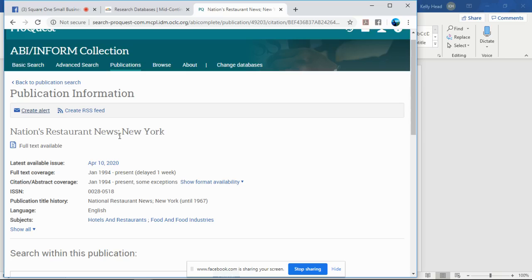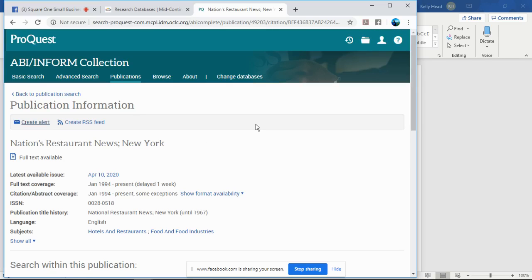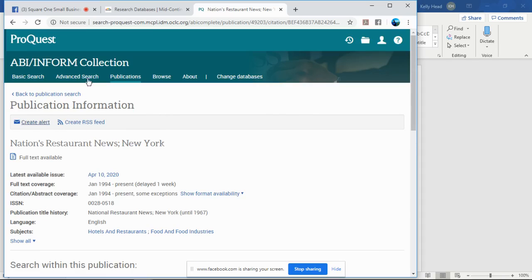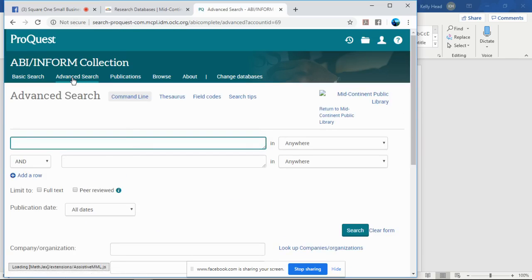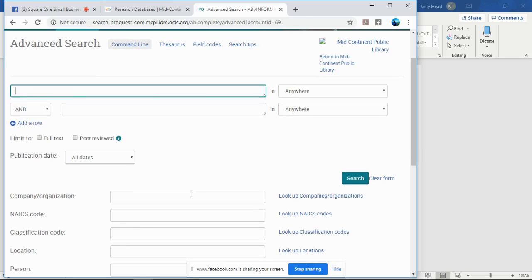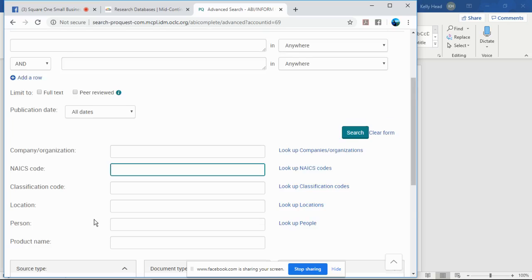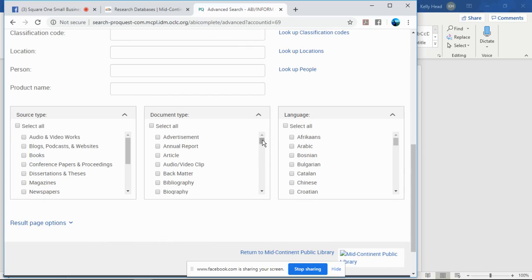Sometimes you just need to read the headlines to kind of get a sense, but other times you'll want to jump in and read the entire article. So this is a really good way to follow the industry publications that will cover the trends in your industry in more depth. So the last place that you can go for this type of information is going to be under Advanced Search. So under Advanced Search, you can search by NAICS code like we mentioned before, or you can select under document type industry